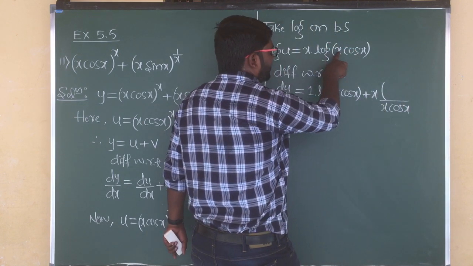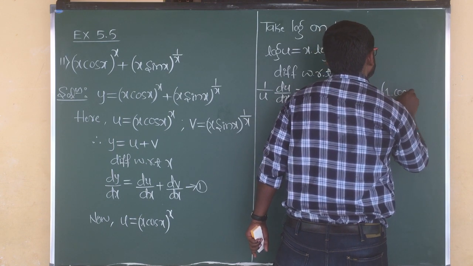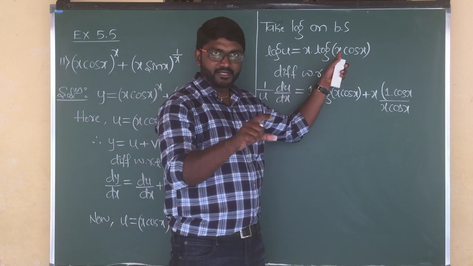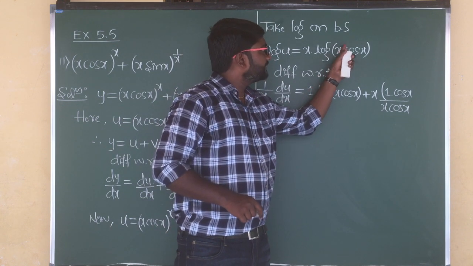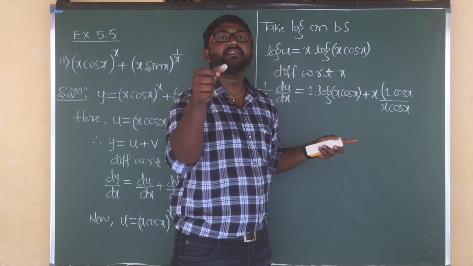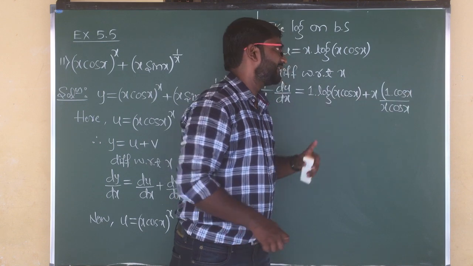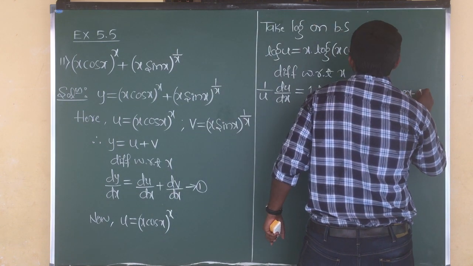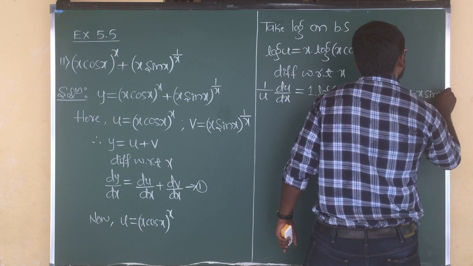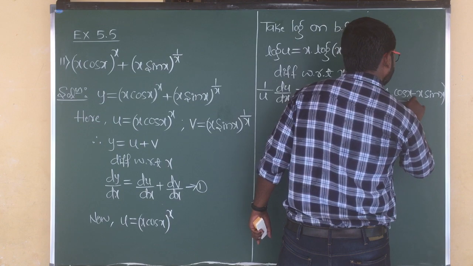Now see here, derivative of x is 1 into cos x, and then write the first function as it is and take the derivative of the second function. What is d by dx of cos x? It is minus sin x. So here plus into minus is minus. So directly I will write minus x sin x, close the bracket.